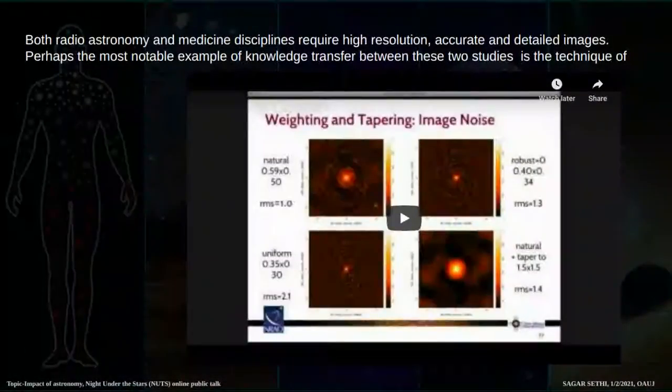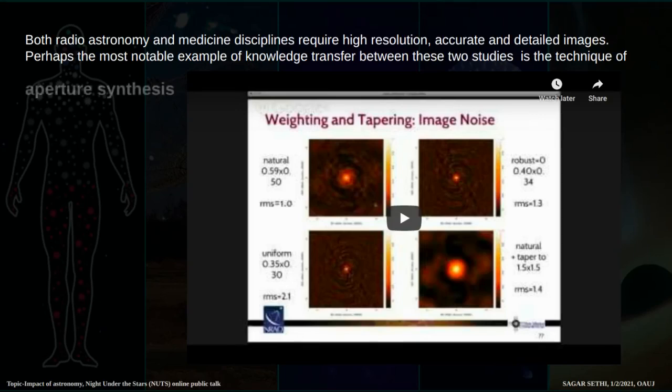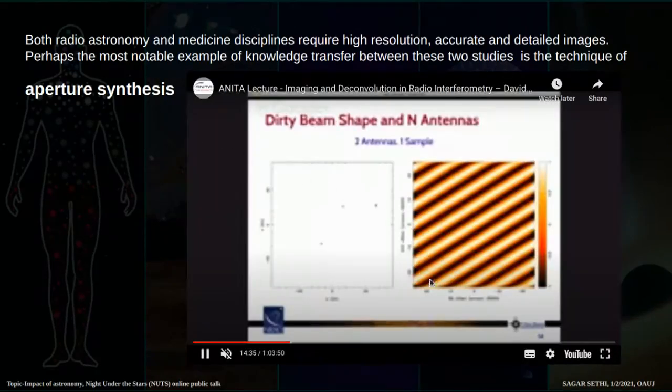Yeah, so now we know something about radio astronomy, and why we really need a larger number of antennas instead of one antenna. Here you see that both radio astronomy and medicine require high-resolution, accurate and detailed imaging. Perhaps the most notable example of knowledge transfer between these two studies is the technique of aperture synthesis. So if you just see here in the video,